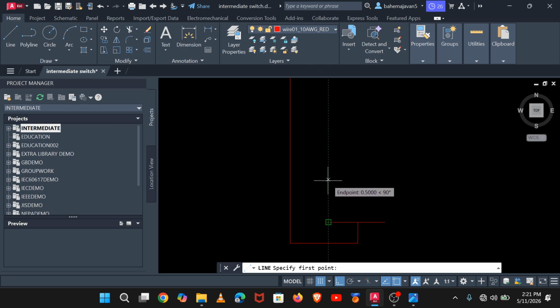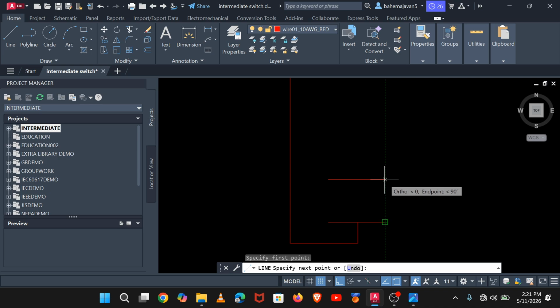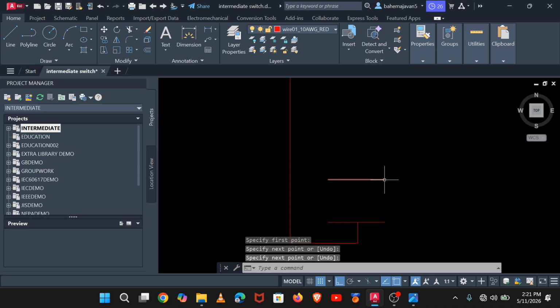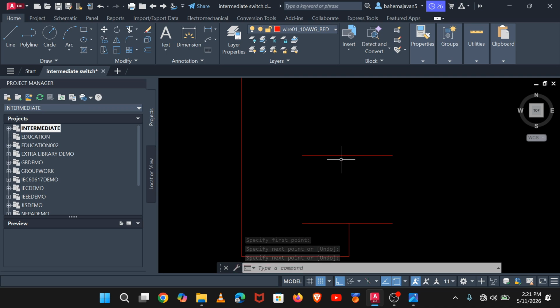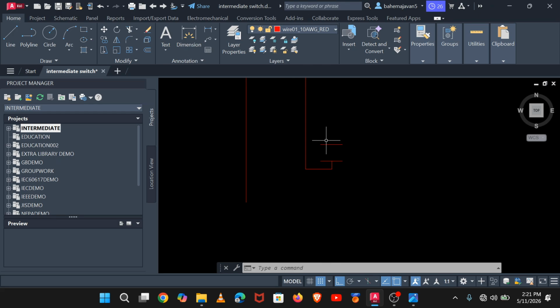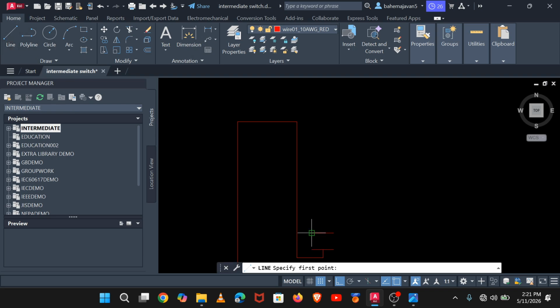So let us find the point of orthogonality like this, and find the point of orthogonality there, and then click enter. So I'll be showing you the way to separate this line. I'll be using this as a reference. So what is going to happen is that we will need the wires, and this wire will stop